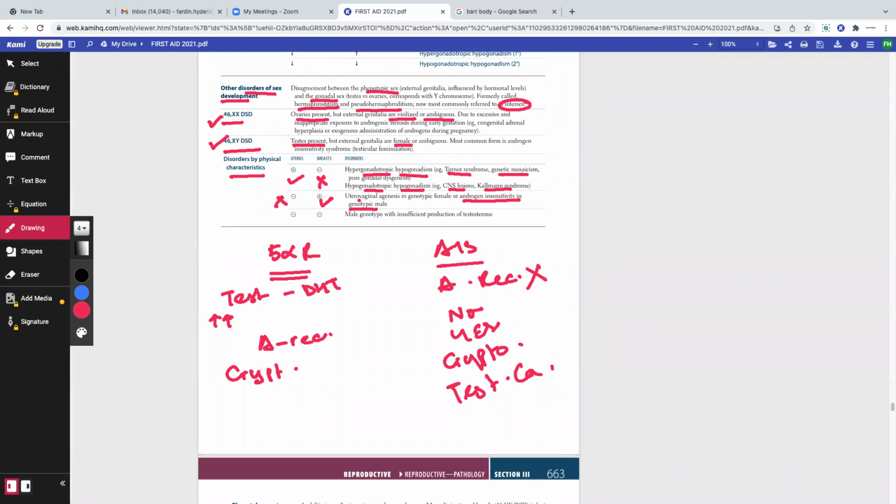Okay, thank you so much for helping us out. A couple of questions for you since you have your exam in a couple of months. First question is, if there is a female who comes to you with primary amenorrhea in your clinic and you do an ultrasonogram and you find that this female has no internal female genital organs, what is your most probable diagnosis? She does not have a uterus. 5 alpha reductase, I guess. Nope. Okay, let me ask someone else.